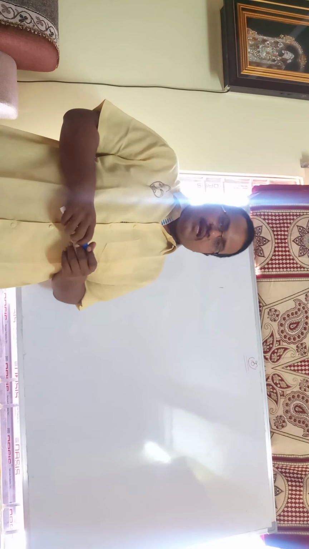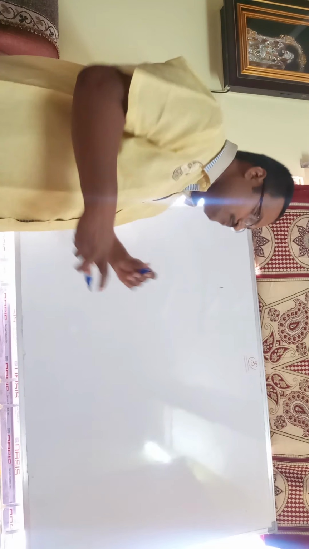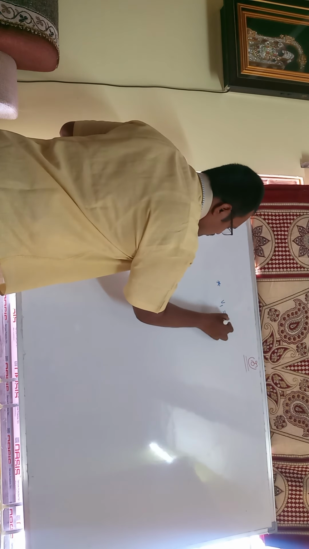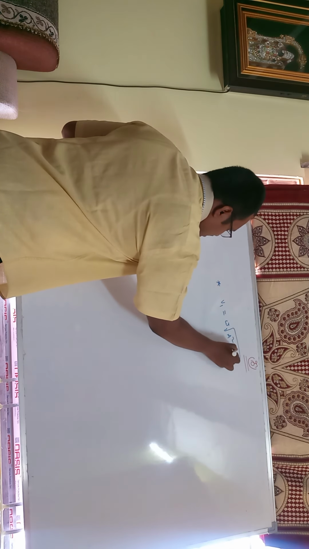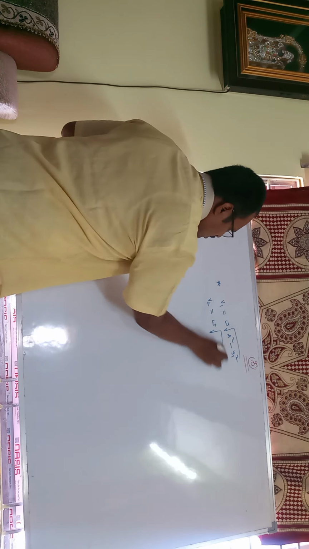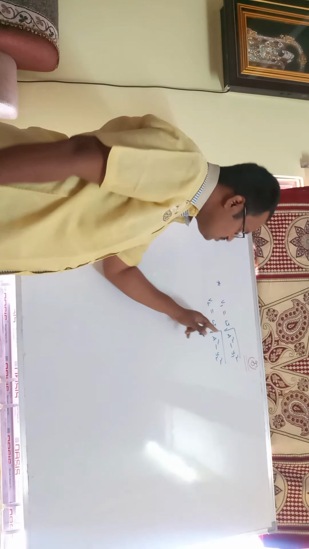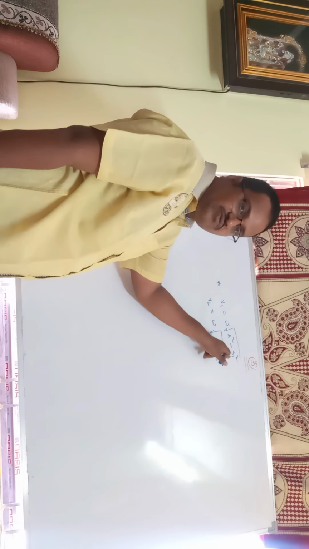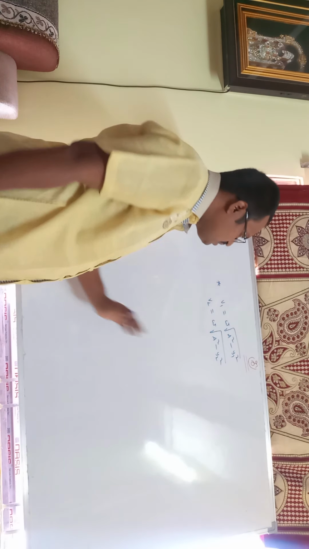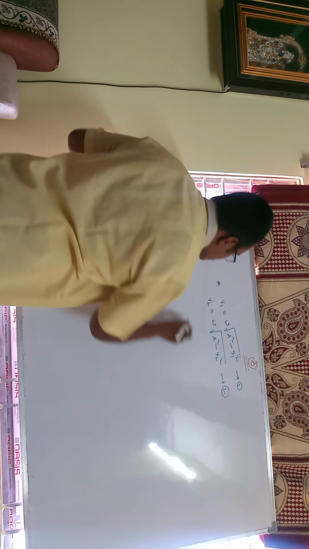Now we can find the amplitude of the particle in SHM for the same case. Similarly, you can take v1 equal to omega into root over a square minus y1 square, and also v2 equal to omega into root over a square minus y2 square. This is equation 1, this is equation 2.